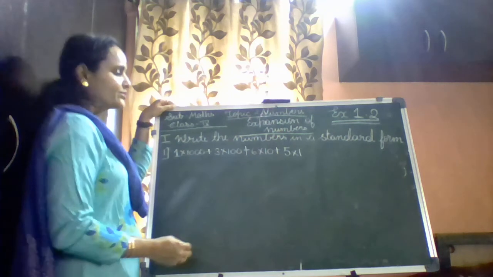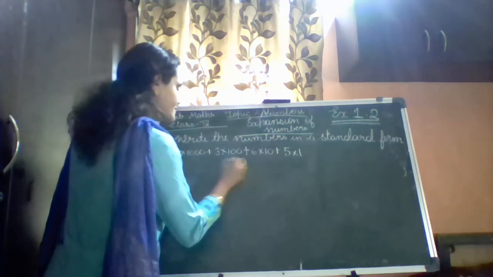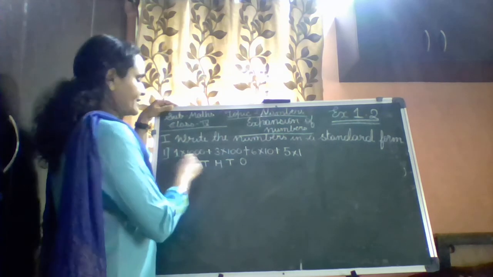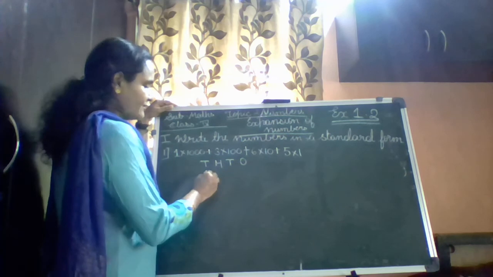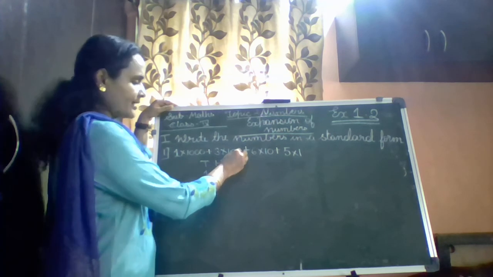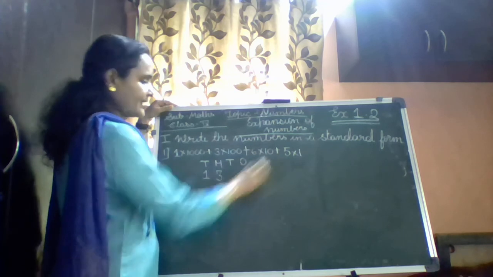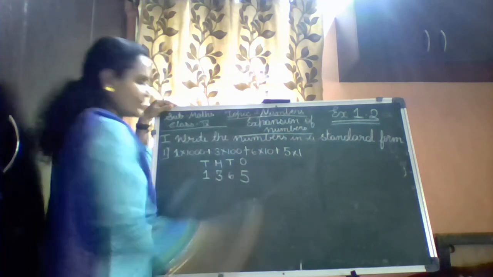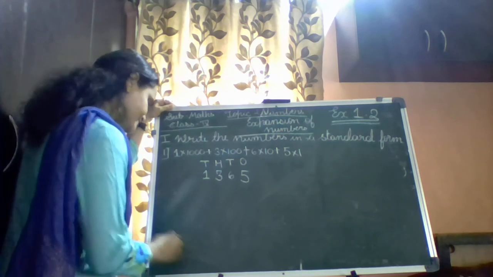Okay. What you do is write the place values, units, tens, 100 and then 1000. So 1 is 1 into 1000. So this 1 you have to put it under 1000. 3 into 100. So 3 you put it under 100. 6 into 10. 6 you put it under 10. 5 into 1. So this is your number. Okay. We will do one more sum.